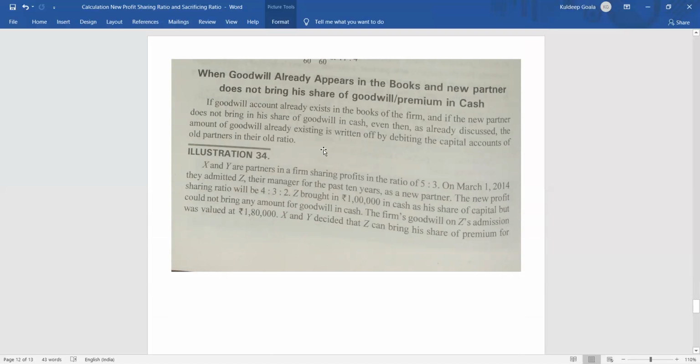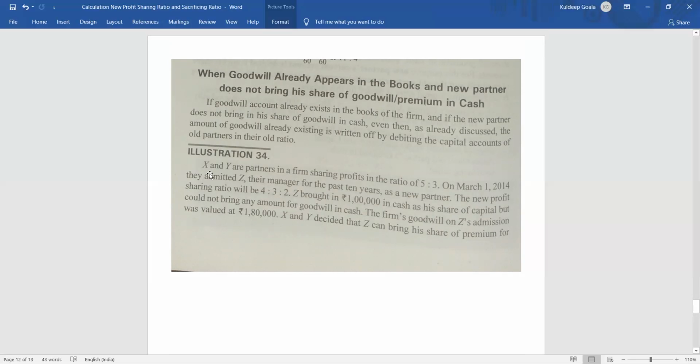This is the last question of treatment of goodwill in case of admission. Next year we'll start with a big question. As we are studying this question, what you have to remember is that I have told you in the previous class, and in the first class also, that when goodwill appears in the books, before you take the admission of a partner, you have to write it off. Okay, you have to remove it. Clear? The journal entry was old partner's capital account, not sacrificing partner, old partner's capital account debit to goodwill, right?